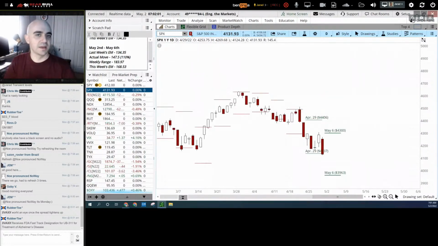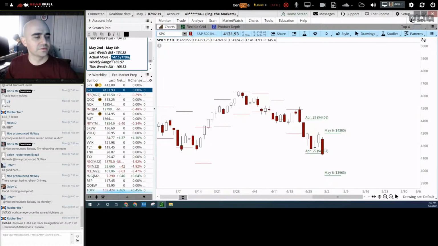And as we can see, the market was pricing in last week approximately 134 points. So the S&P had the propensity to move that full 134. It also could be seen as a possible slight breach on Friday's close, as the market was able to test that level for the first time on the week and then see a little bit of additional downside into the weekend.